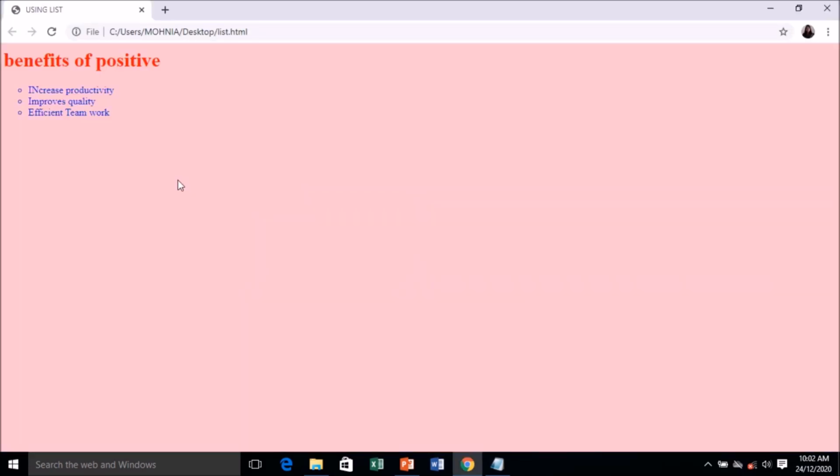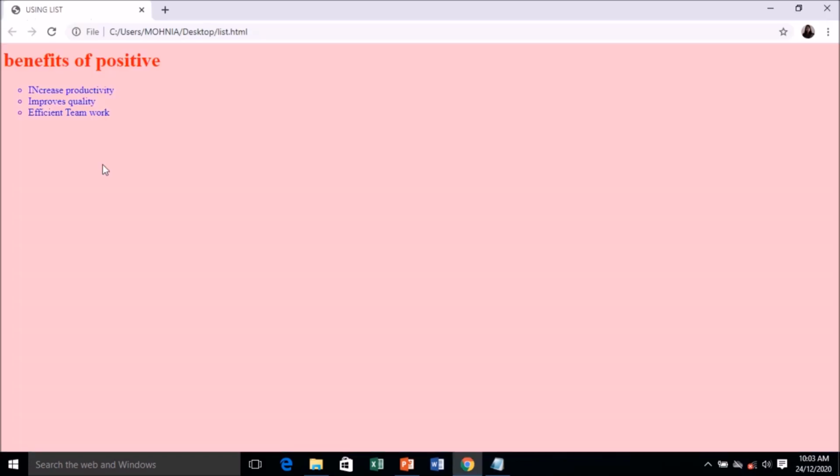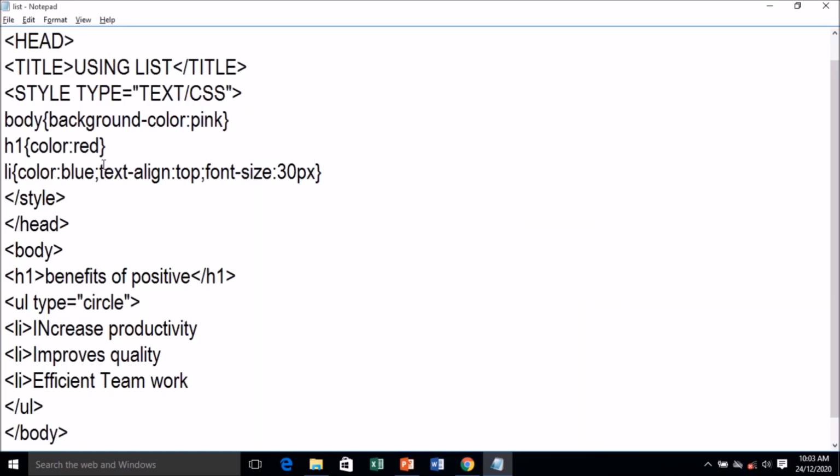So next thing, I'll be giving a style here now. We'll type here text-align, and here I'll type top, font size 30 pixel. So now let's check this. Here the size has increased. So here we are giving a style to the list li.